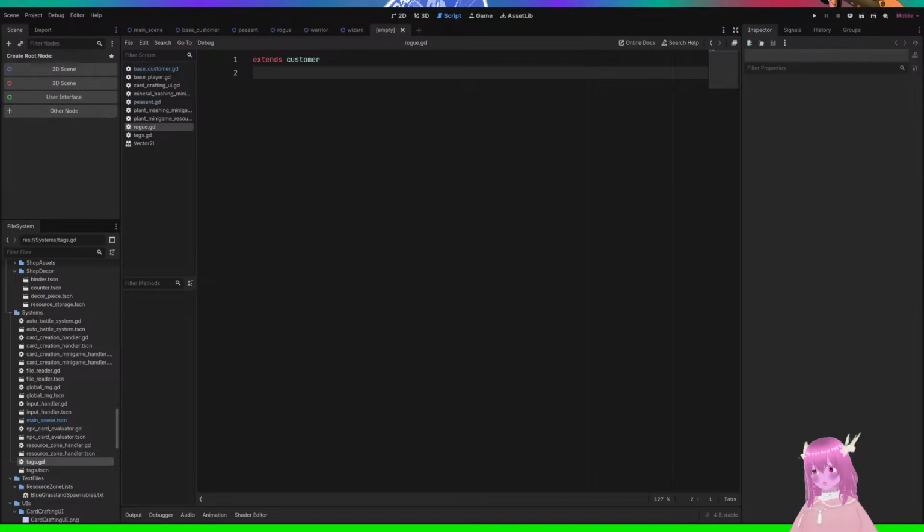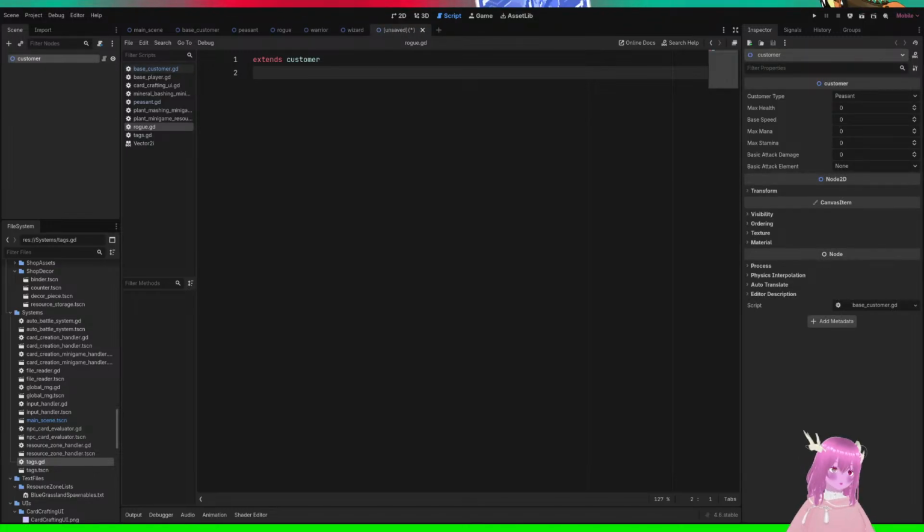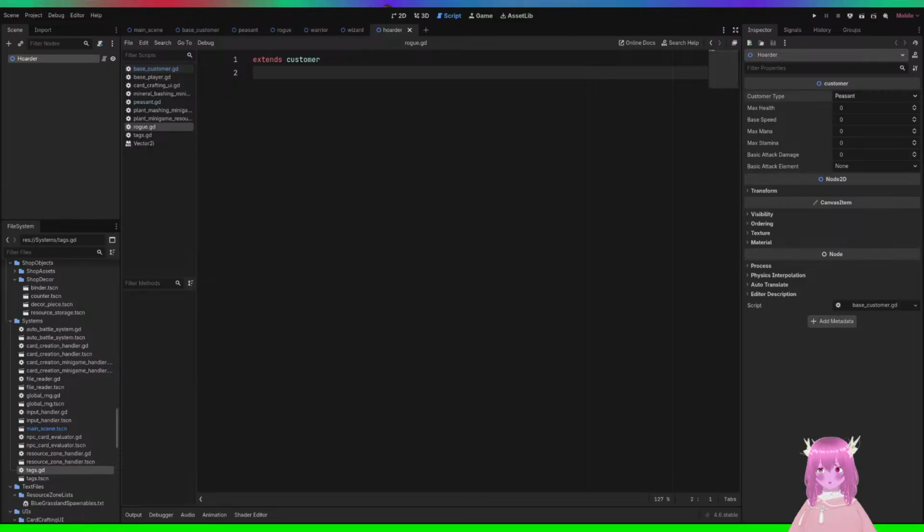Our next customer. The Hoarder. Oh yeah, I can get rid of this in this thing that I put in the wrong zone. Here, let me get rid of these. Dude, I don't know why I put these in weird locations, actually.